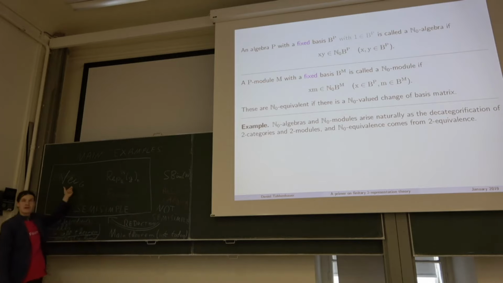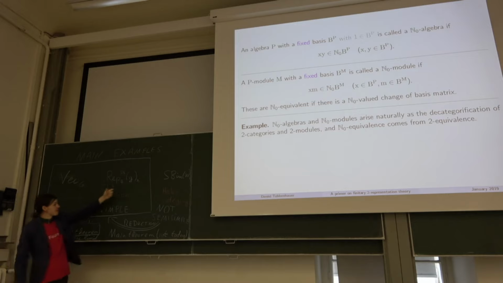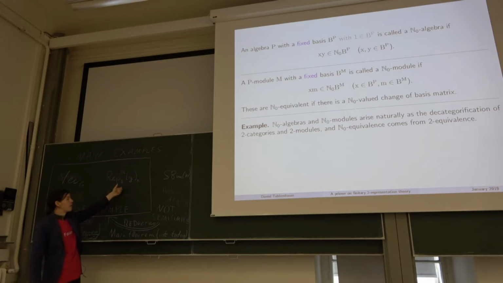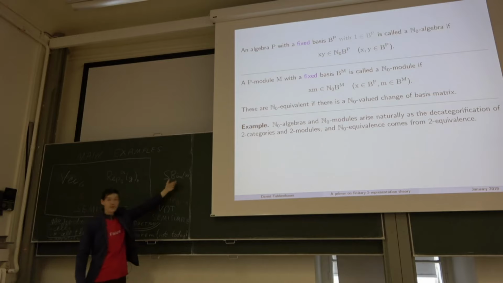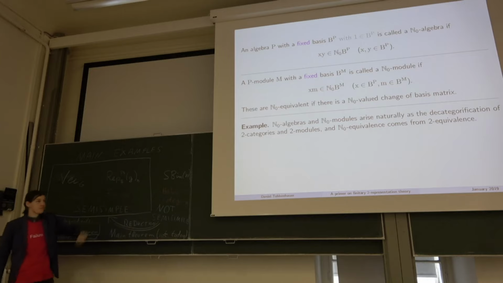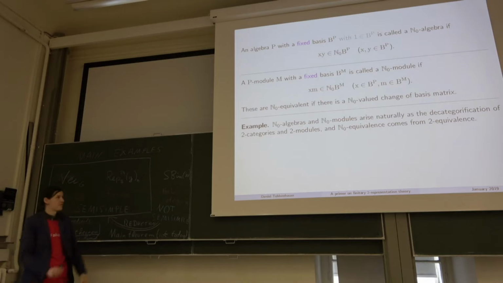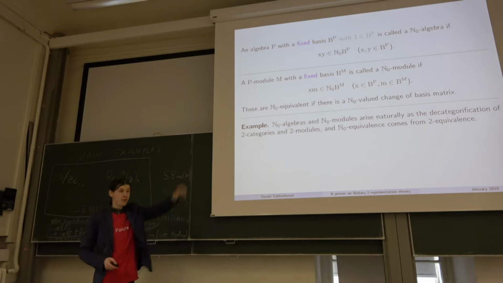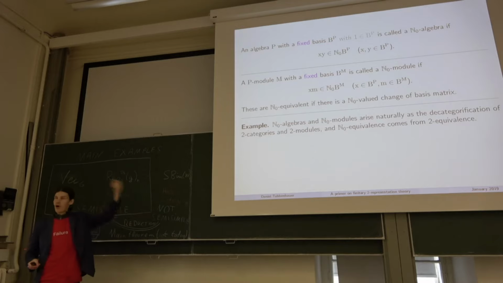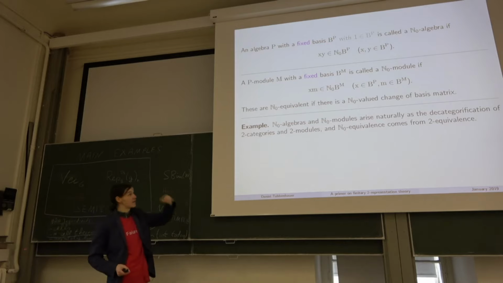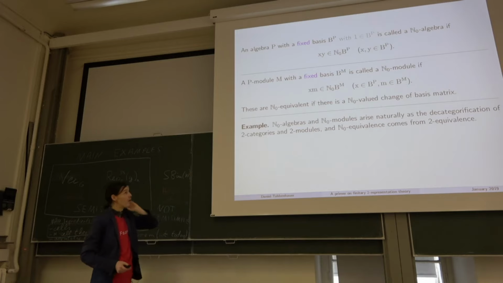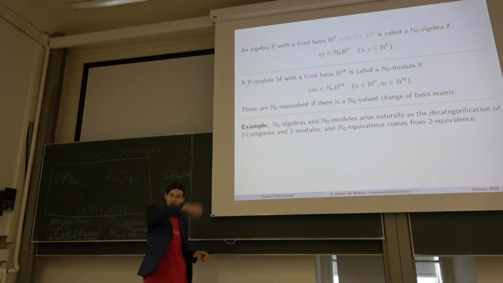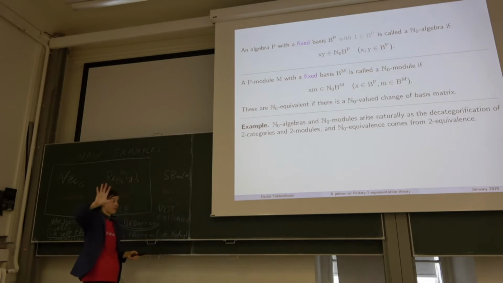Well, here it's trivial. Here it's just a group element basis. We will see it in a second. Here, for instance, it would be this tilting basis Katharina explained on Tuesday. And here it would be, for instance, a KL basis you could fix. But it really depends on this choice of the fixed basis. And similarly for a module, you call a module a positive module if all your fixed basis elements act by non-negative integers on the fixed basis. You can also say all your fixed basis elements act by non-negative matrices, right? Matrices with non-negative entries.